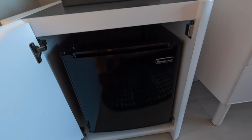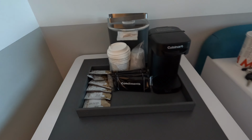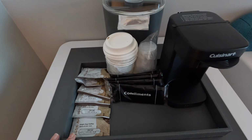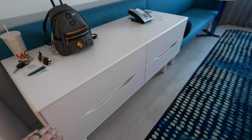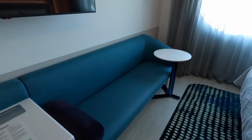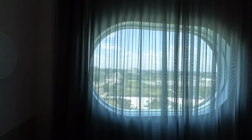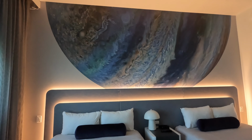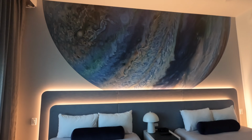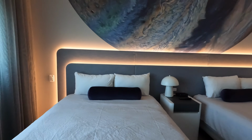a small mini refrigerator, coffee station with coffee accoutrements, ice bucket. We've got 4 drawers here, couch with a little table with the same sort of iridescent big window, and then we have 2 queen beds with this awesome art on the wall here. So let's see,